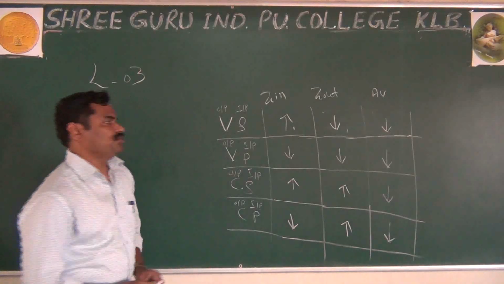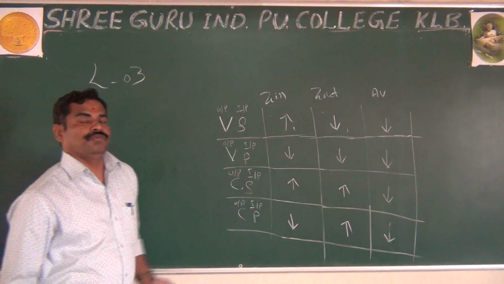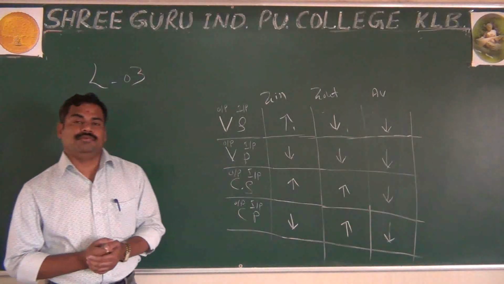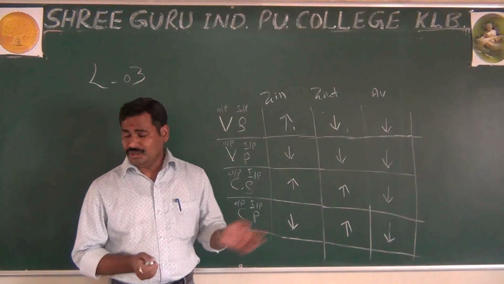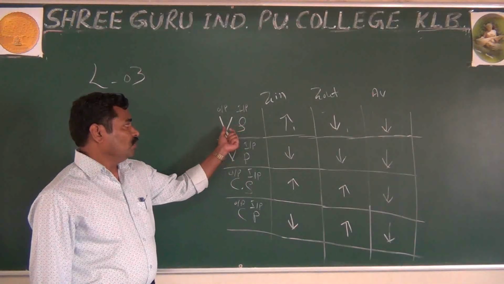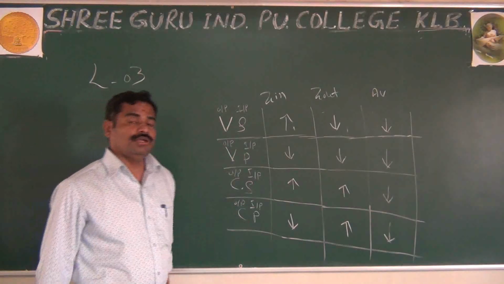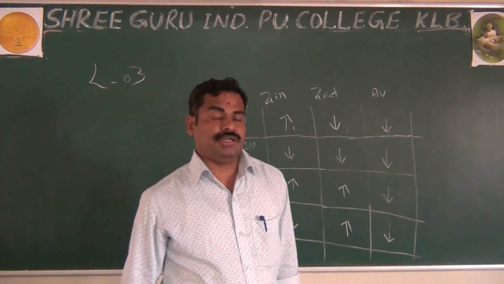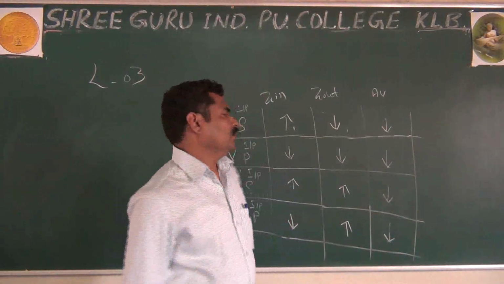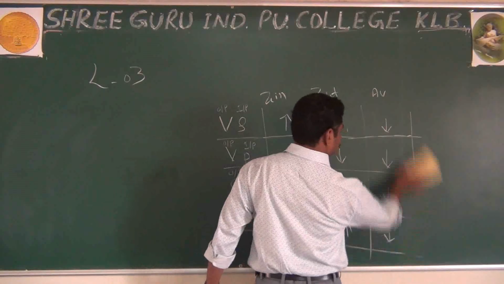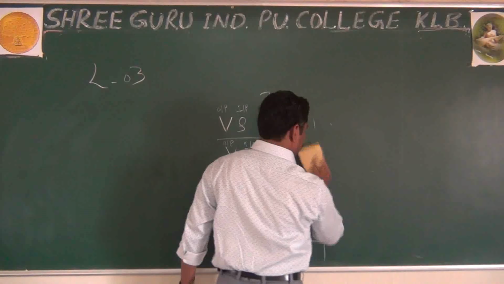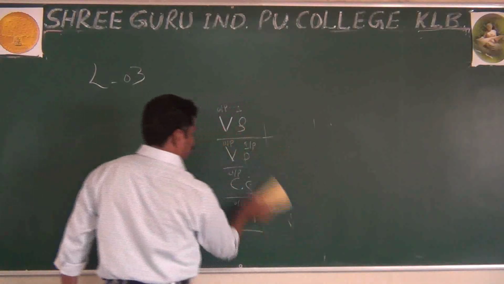This is nothing but a simple way of understanding the input impedance and output impedance of the different types of negative feedback topologies. You can remember this in 3 marks, but if you remember how you are measuring the output, how you are adding and subtracting at the input, you can easily remember the table. Now we go for another most important thing that is asked for 3 marks, the expression for the voltage gain.